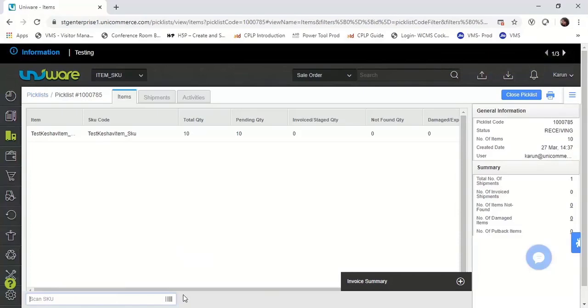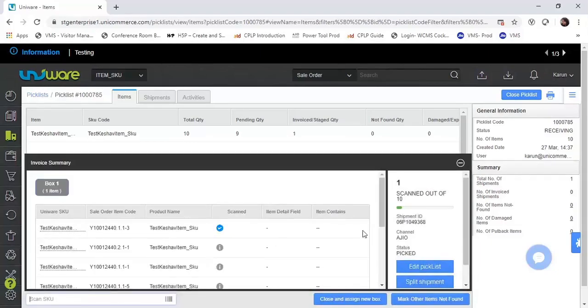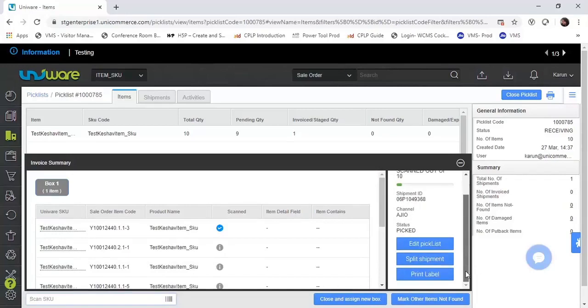What you have to do is scan each and every item to add it into a box. For the benefit of this video, I will enter this SKU manually and click on enter. When I do that, you see out of the 10, 1 is scanned. That is what it shows.